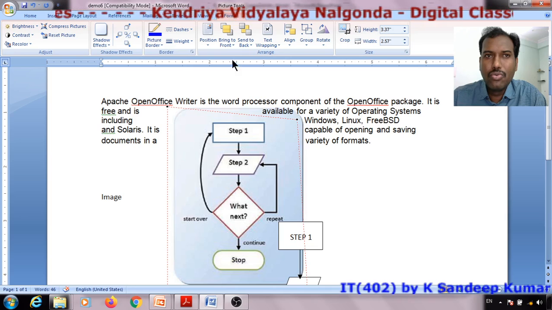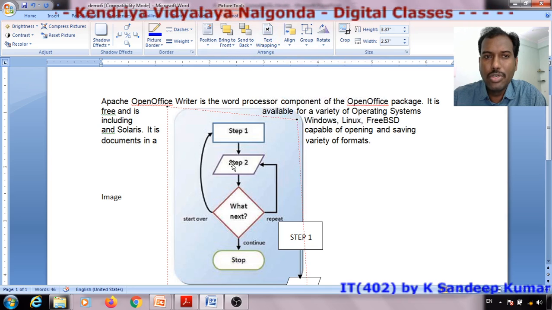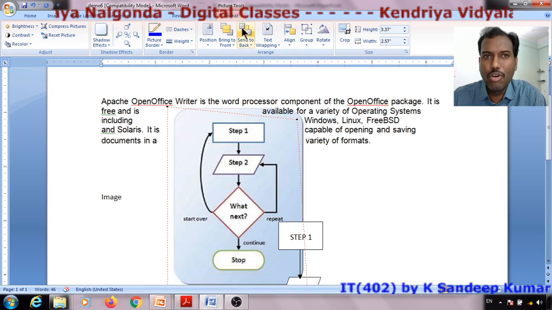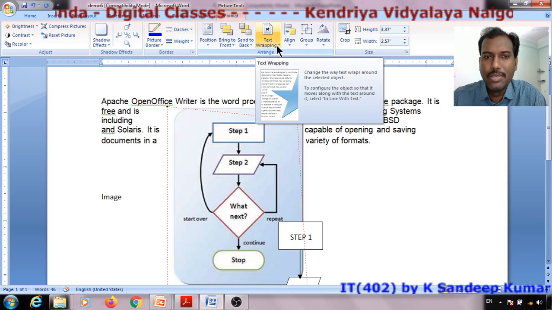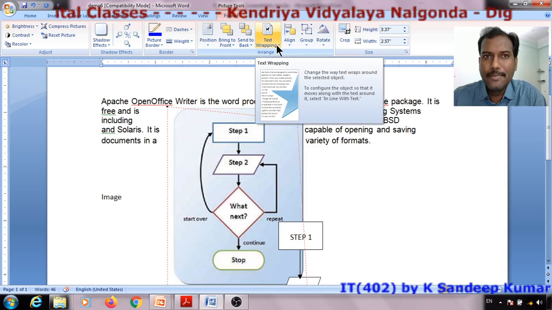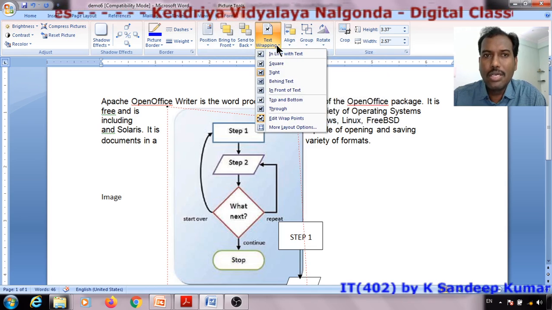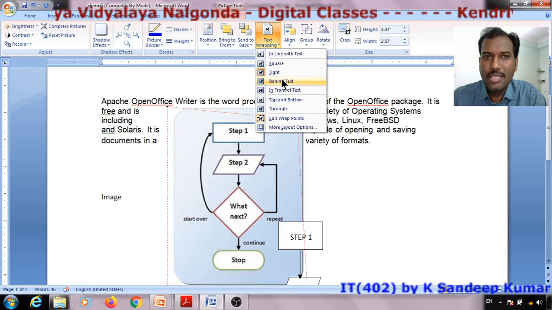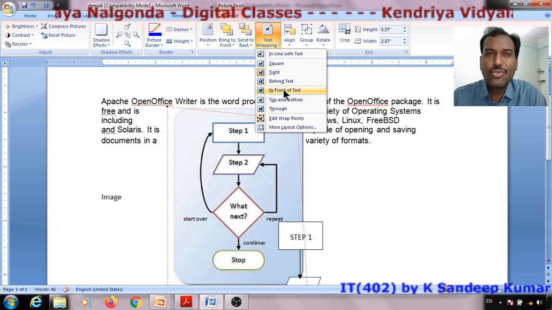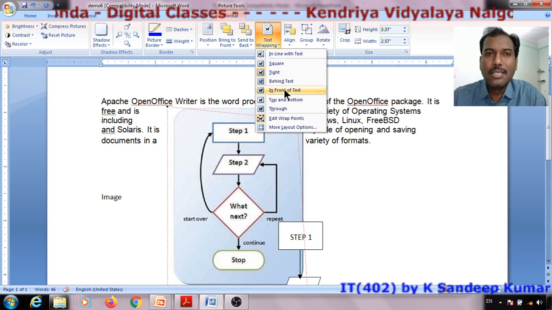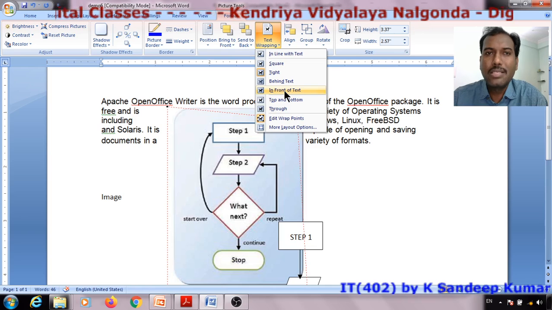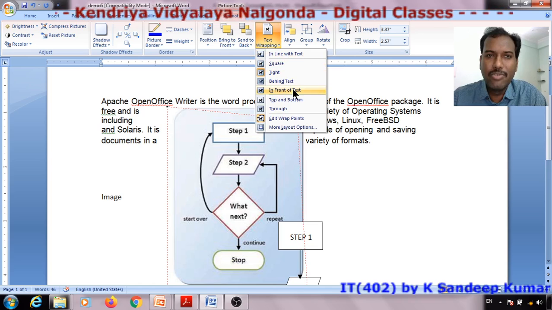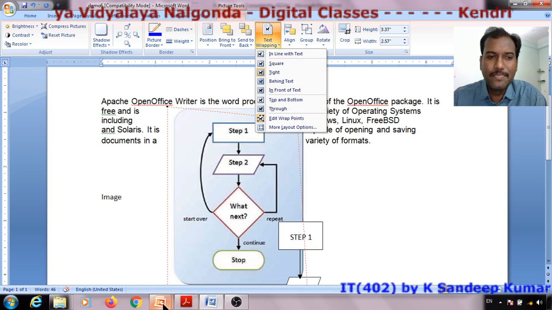Okay, to find these text wrapping options, you need to double click this image, then you will get this format option for text wrapping. So the possible question in this is what are the types of text wrapping? Note down: square, tight, behind text, in front of text. This can be a 2 marks question, asking to write any 2 types of text wrapping. You can write inline with text, square, tight, behind text, in front of text, and etc.